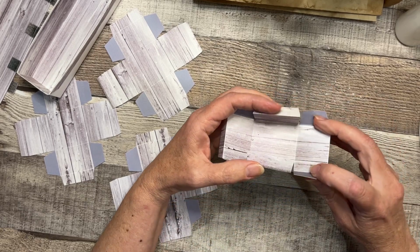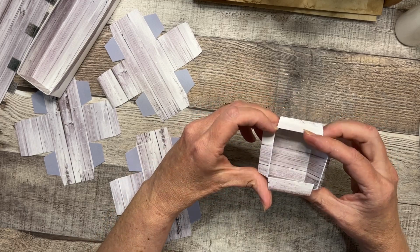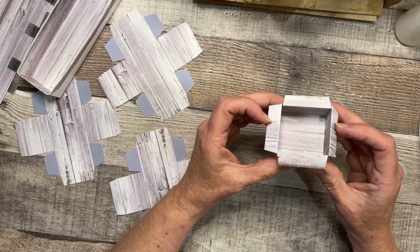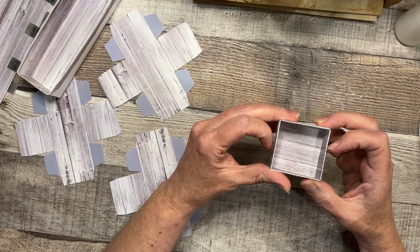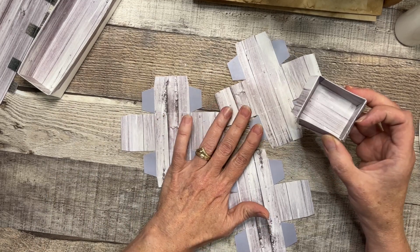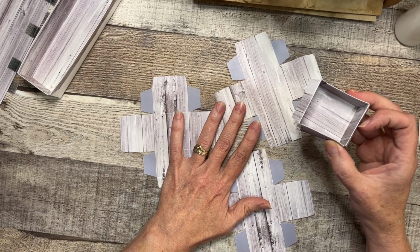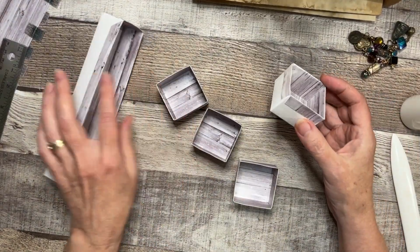And then we're going to glue them on the back. And then glue these flaps down, just like the other one, okay? So we're going to do that 4 times. And I will do the rest of them off camera, and then I'll be right back. Okay, so now we've got our cute little